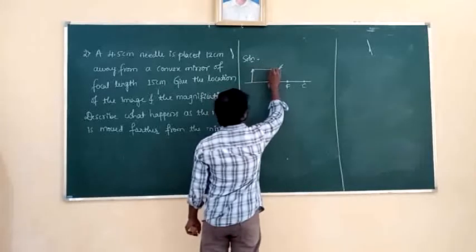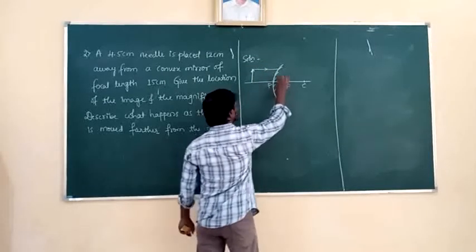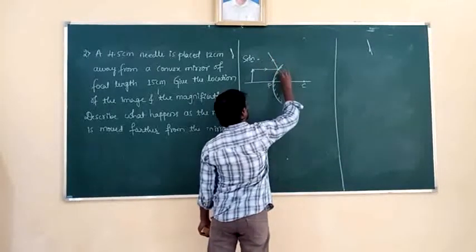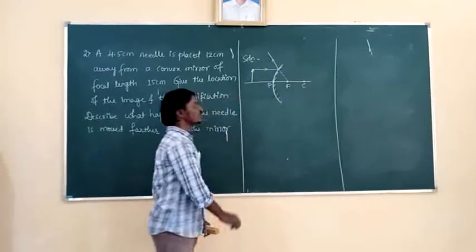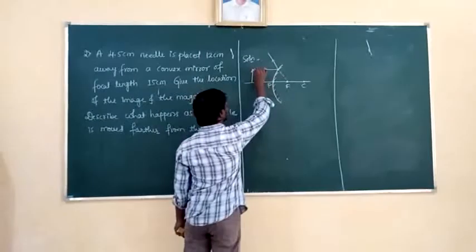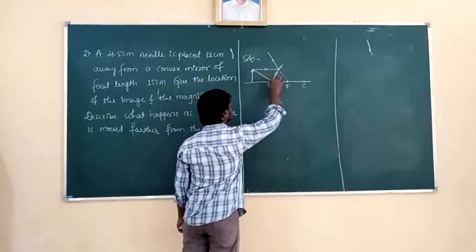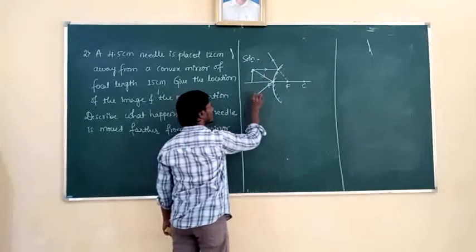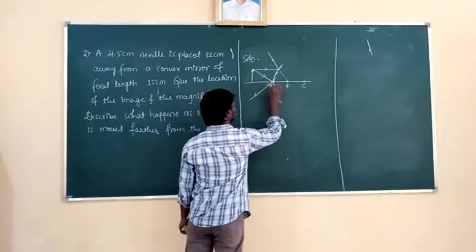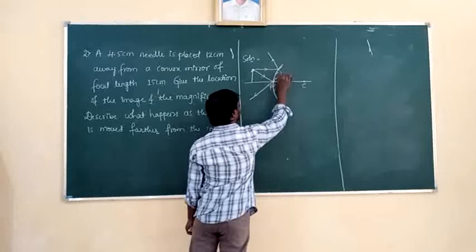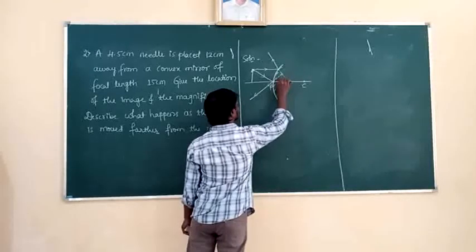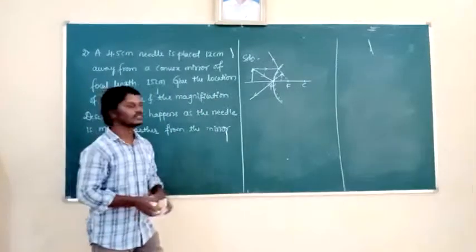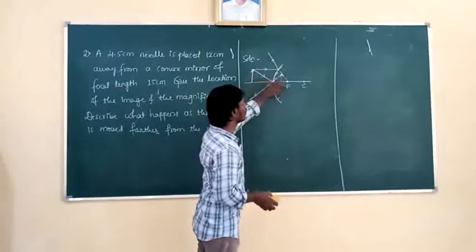First ray is parallel to the principal axis, then the light undergoes reflection. This reflected ray appears to have come from a point. That point is called focus. And one more incident ray. That incident ray is incident at the pole. After reflection, the ray reflects obliquely. So this ray appears to have come from a point behind the mirror. So here the image of the needle is formed. Here the needle is the object. So where is the image of the needle formed? The image of the needle is formed in between P and F.